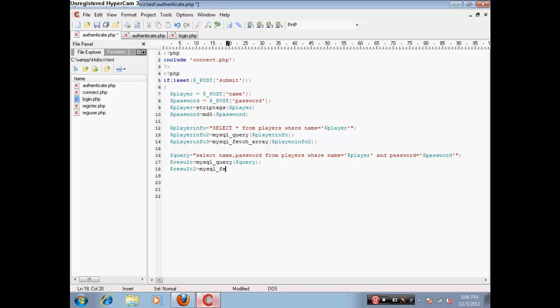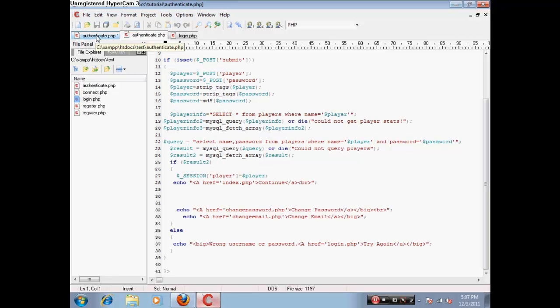Now we have to fetch the data, result. Now we do if result 2. That means if all that was successful,